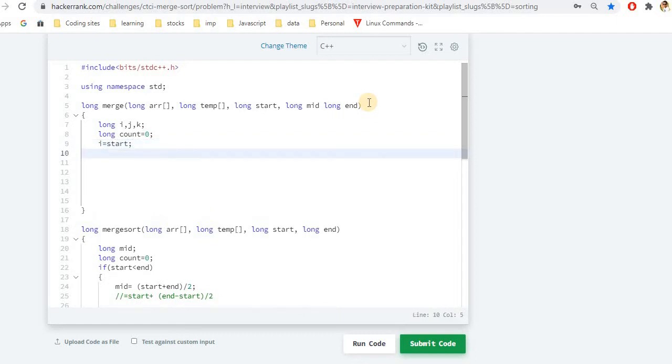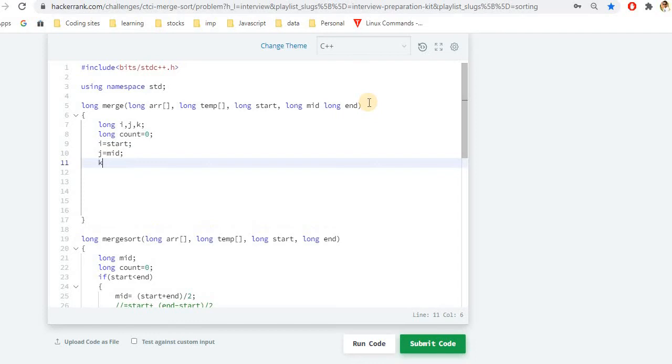After that I'll initialize j to mid. So this will be our mid, and k to again the left value or start value, because we are using k for the temporary array. So this is the temporary array iterator, you can say. Okay, let me complete that.